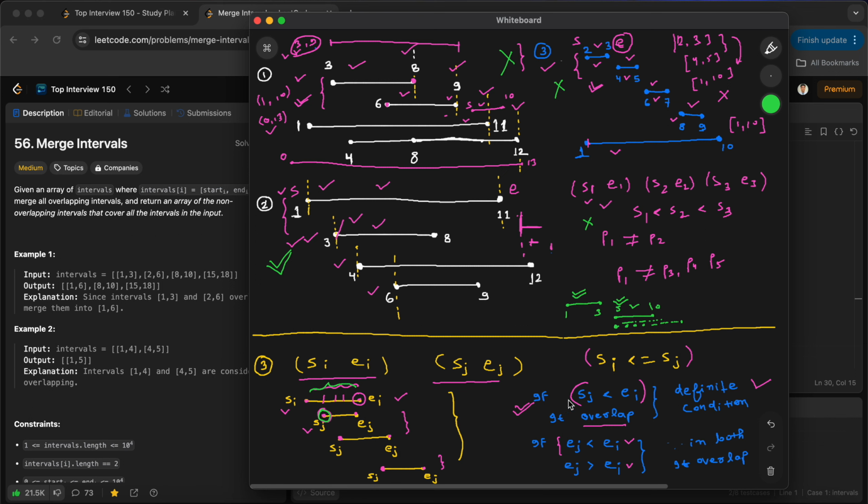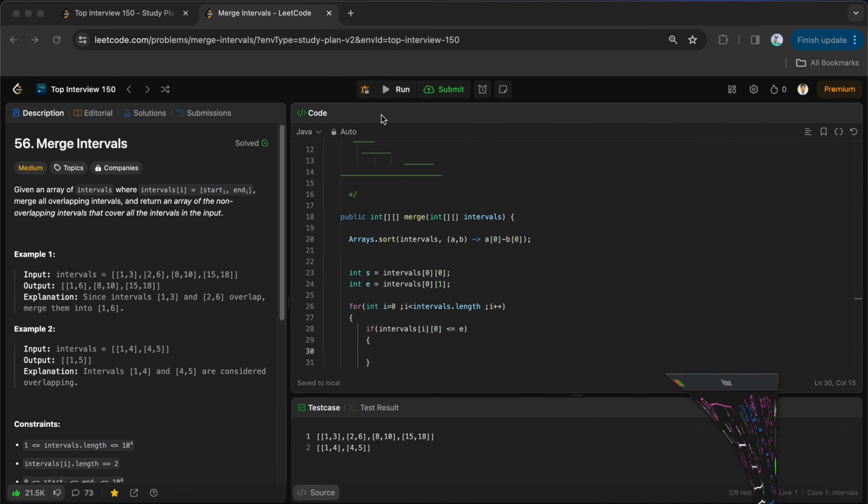it will definitely overlap. So what is the condition? If for the second interval the start point sj comes less than or equal to ei, which is the end point of the first interval, then it will definitely overlap. So here I make the condition, it will overlap. And in the overlap case, what I have to take,